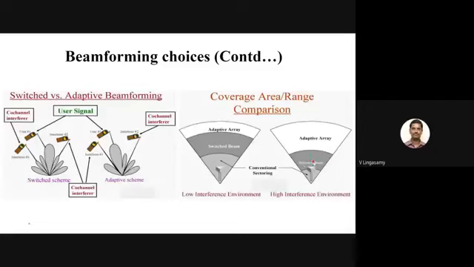Then with the help of switched beam, you can enhance the coverage range. With the help of adaptive array, you can still get whatever you are getting in the lower interference environment, because the advantage here is that you are going to send the null towards the interferer, right? So therefore, you are